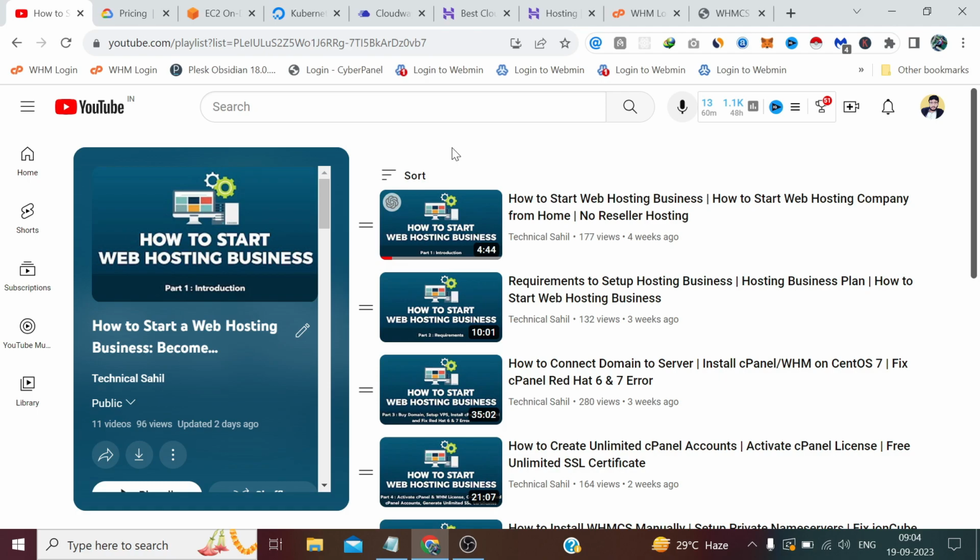First, let me explain the actual meaning of cloud hosting. Cloud hosting is an internet-based computing service that provides servers, storage, and various applications via the internet, often on demand or on a subscription basis. Imagine you are a first year BCA student looking for some space to store your college projects or assignments. So you have two options. Either store everything on your personal computer or laptop, but if that computer breaks down, all your data is gone. Or use a cloud service like Google Drive or Dropbox or pCloud, where you can securely store all of